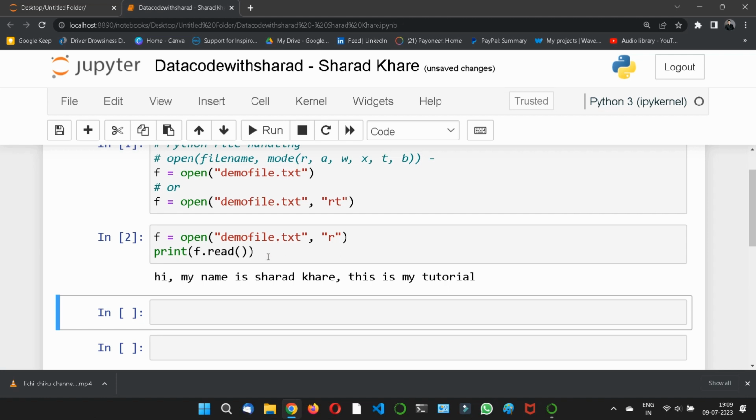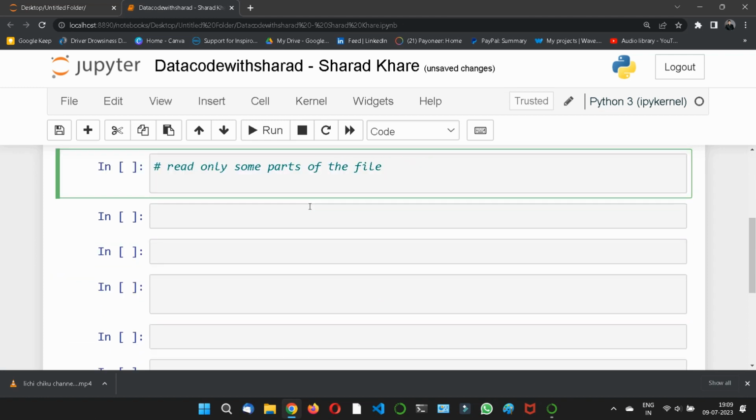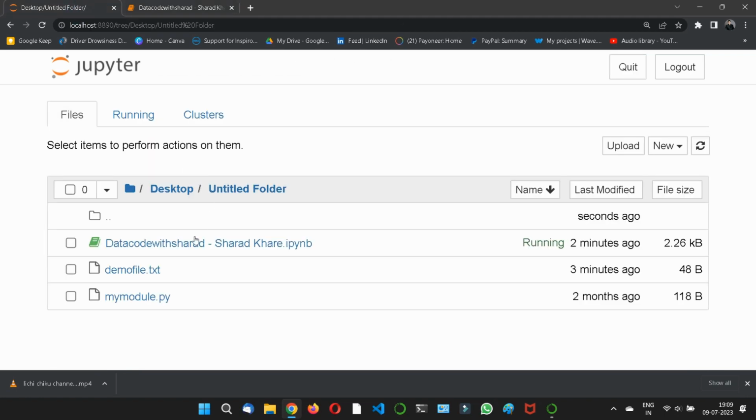And suppose I want to read only some parts of the file. This is usually done for heavy files. By default the read method returns the whole text, but you can also specify how many characters you want to return. So like this, in this file you can see